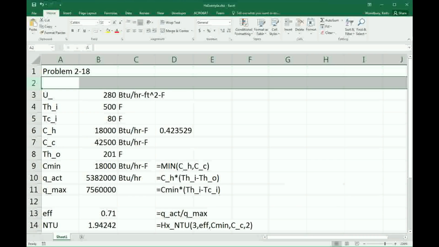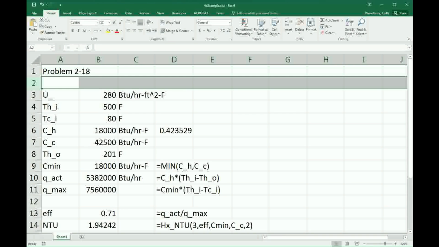This is an example from the textbook by Hodge and Taylor. This is problem 218 in the chapter on heat exchangers. And I'm going to solve this problem using the Microsoft Excel add-ins that have been developed and are available on the website at